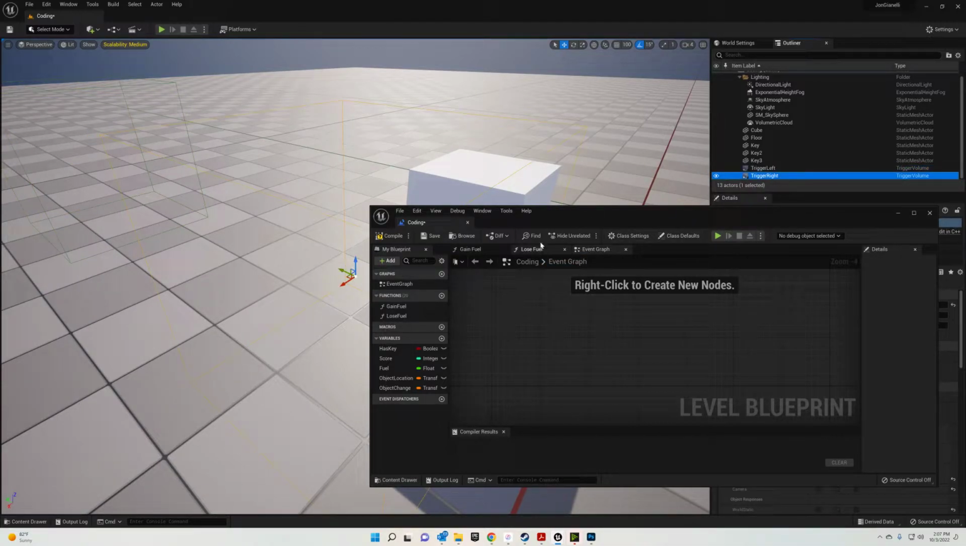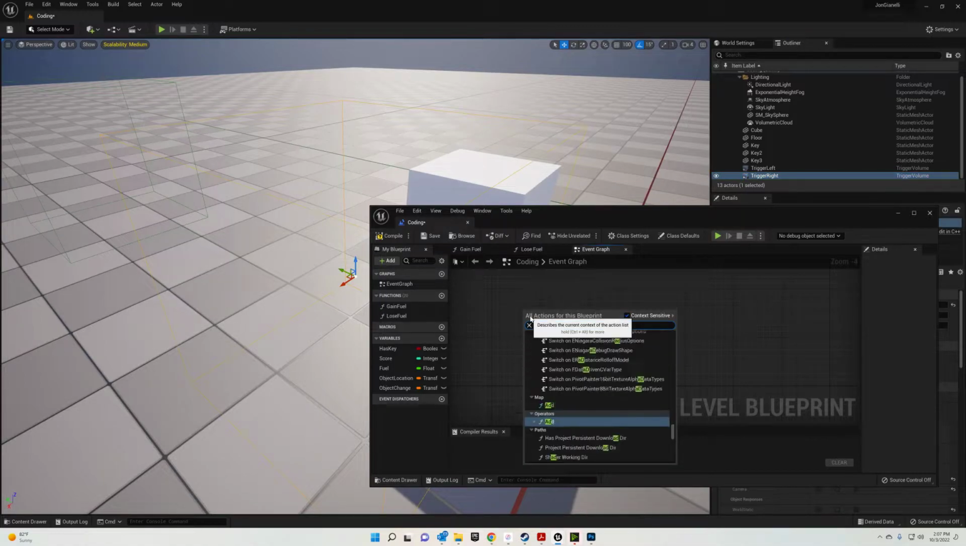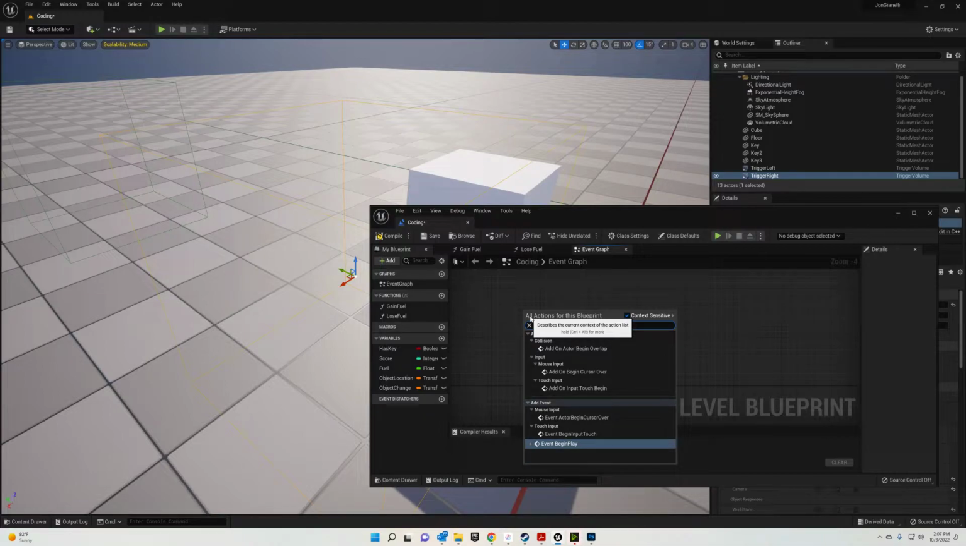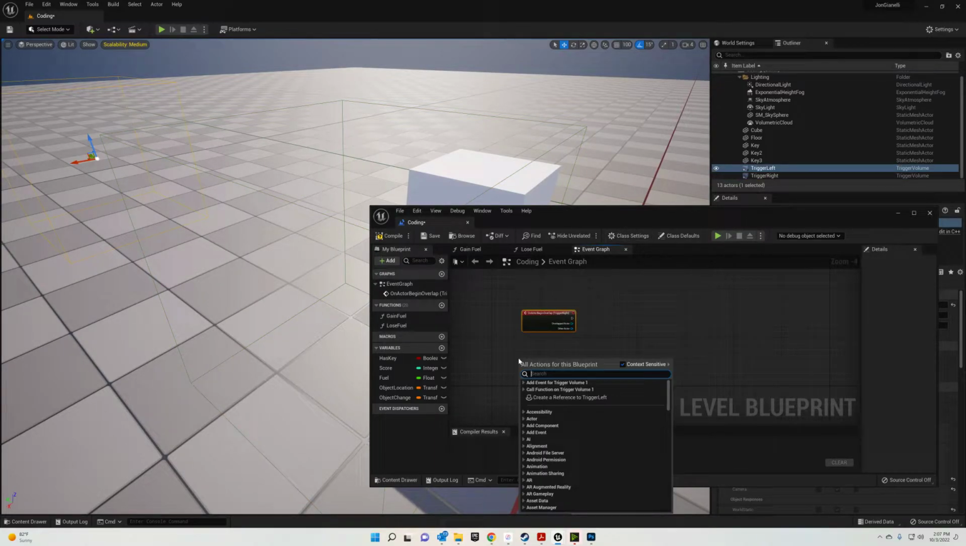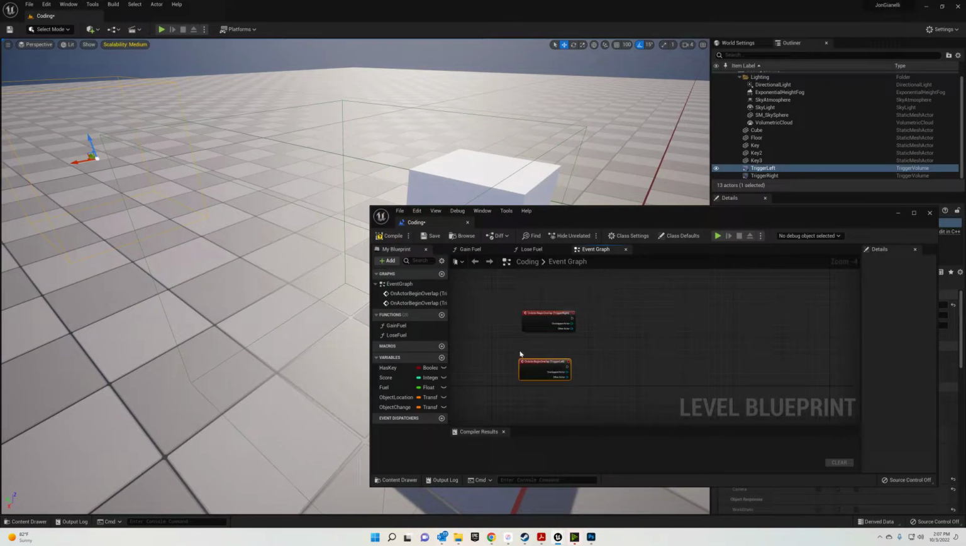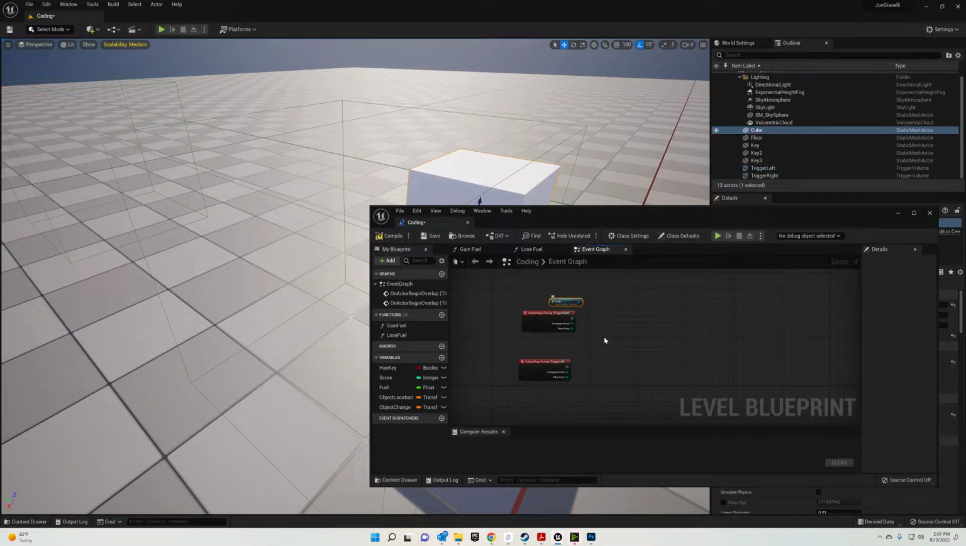So we'll start with trigger right, and we're going to add an event. Begin overlap. And then we'll do the same thing to this one. I'll just type in begin overlap. And you can see that it pops up. Make sure that they're selected, otherwise this won't work. We're also going to get the cube in here,